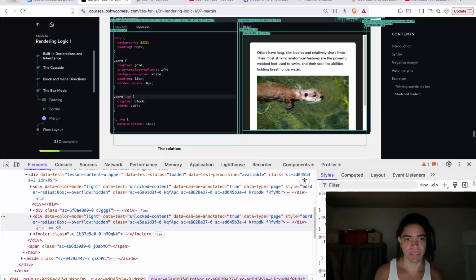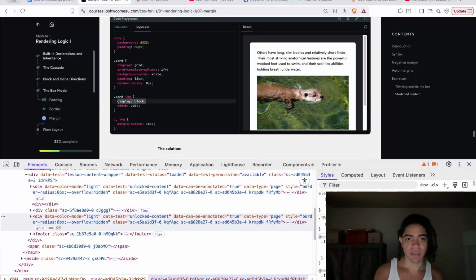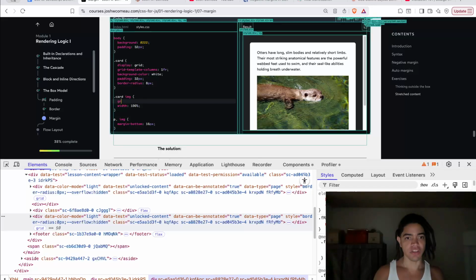I don't want to display this as a block. In fact, I do want to display this as it is, but I want to make the grid